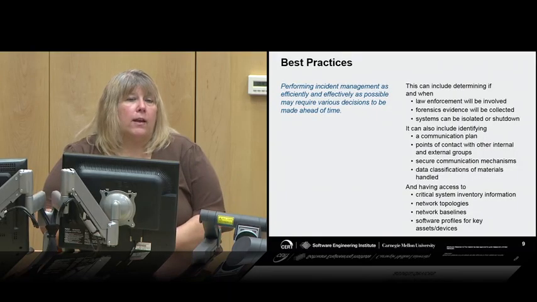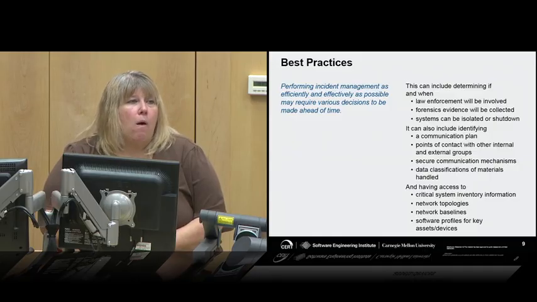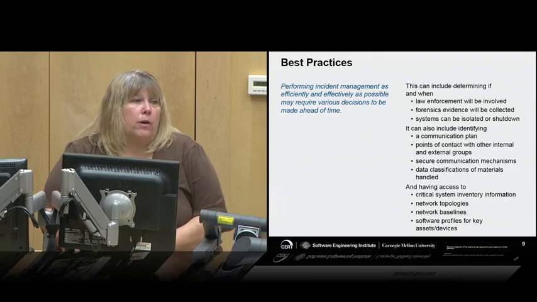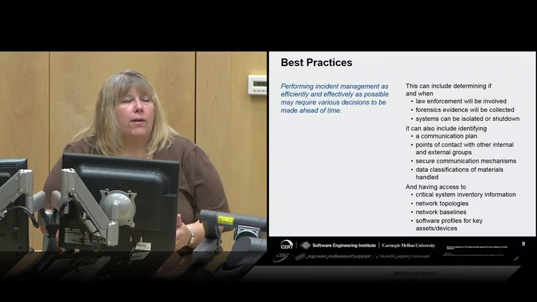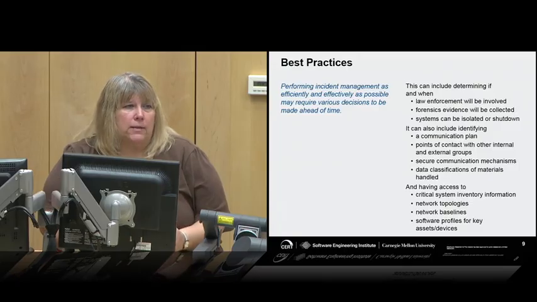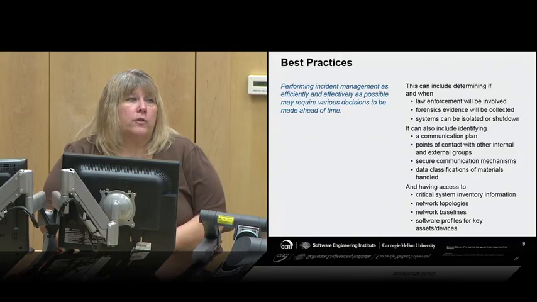Other things that can help as part of the prepare process are what type of resources you have, and what you know about either your constituency or your parent organization, whoever it is that you are performing incident management for. How much information you have, and how up to date that information is, can help you better understand the situation, any impacts that occur, and any damage that has occurred or is potential